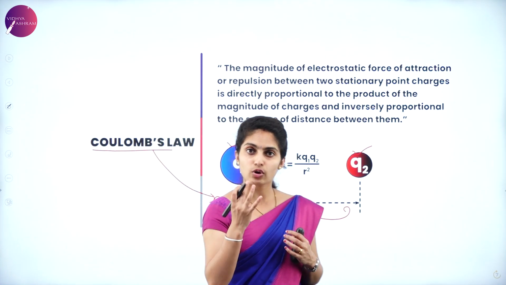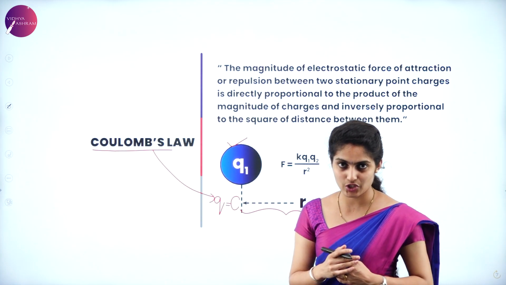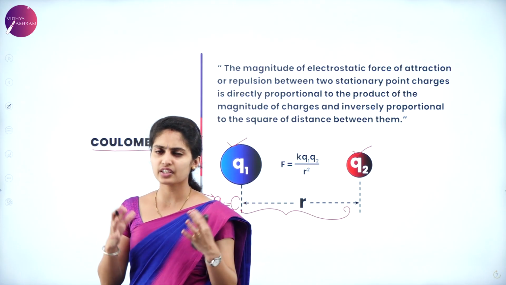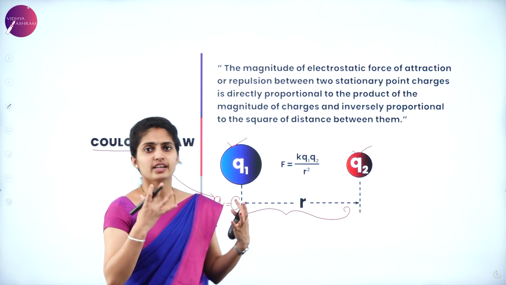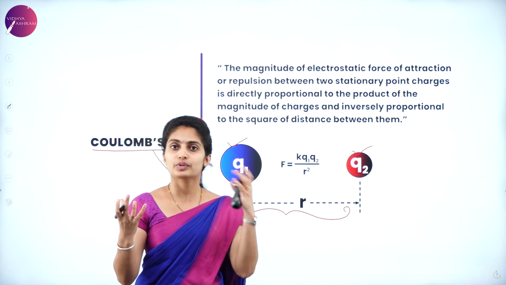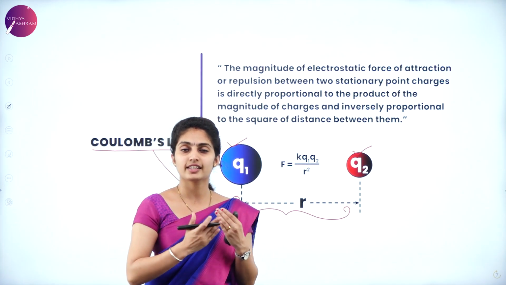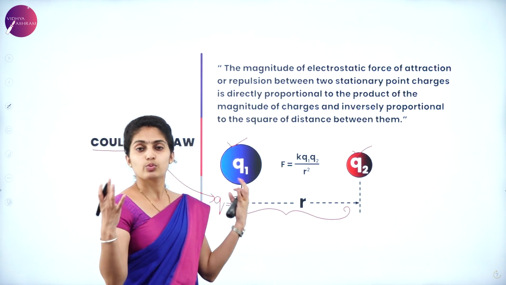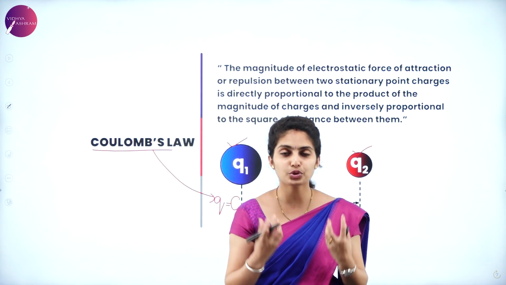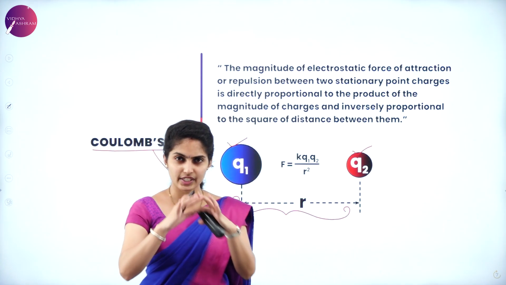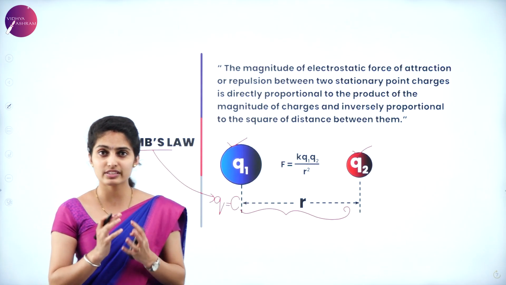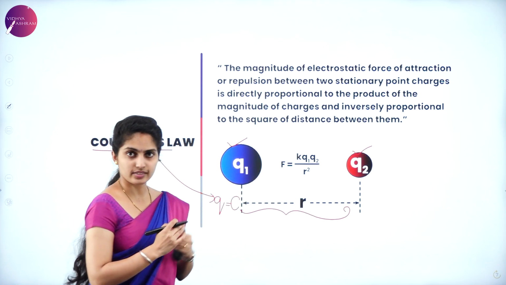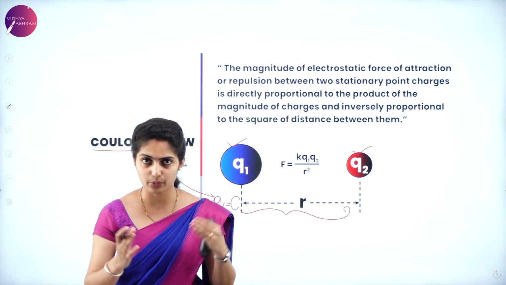I told you while talking about the basic properties of electric charge, there have to be two charges. Whenever you're talking about some properties, you're just considering any two, because by considering one object with the other object, we see the differences and then we start giving the properties, correct? So here we have two charges. So what did Coulomb do? He just took the two charges, and having those two charges, he gave a beautiful statement. And what is that statement? Only focus on this diagram, where the two charges Q1 and Q2 are separated by a certain distance r.